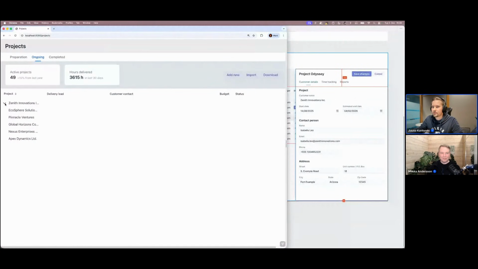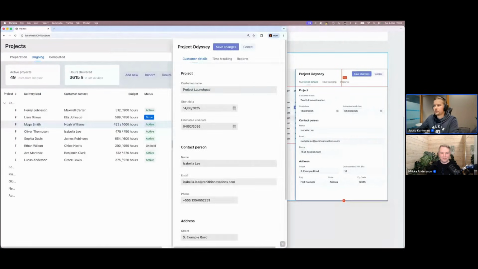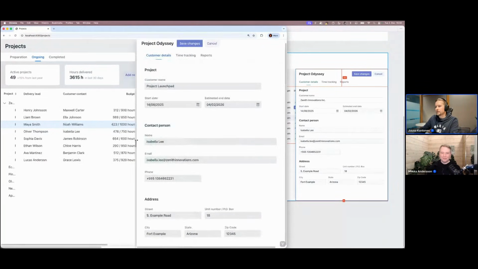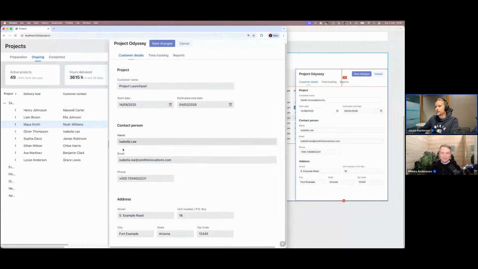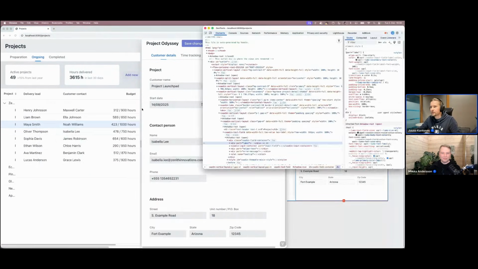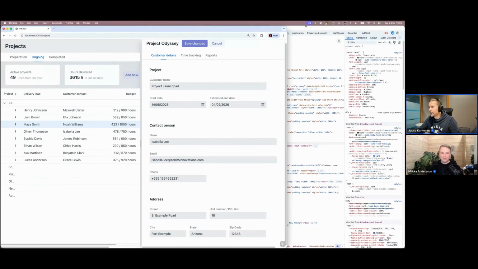Yes. And now we have a master data layout. So selecting a row gives me a form. And there is some kind of layout with overflowing and so on. In here, I could do another round. It seems like it's not using a Vaadin form layout, but I could do another round and ask it to